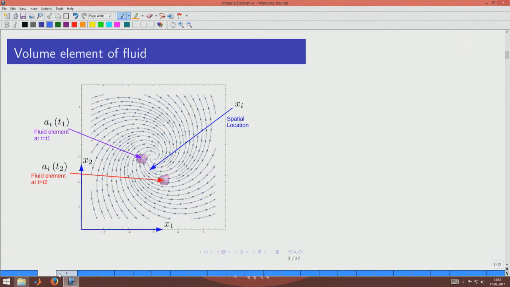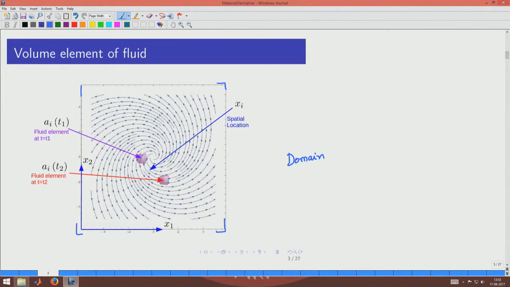So, let us consider the domain. Here the square that we have shown here, starting from here onwards all the way here. So, this is called the domain. So, domain is basically the region of space of interest to us. So, here in this domain we will have the fluid flow shown as a swirl.